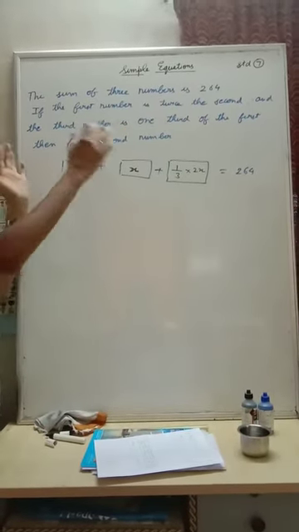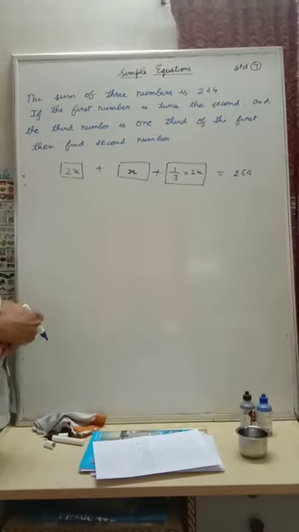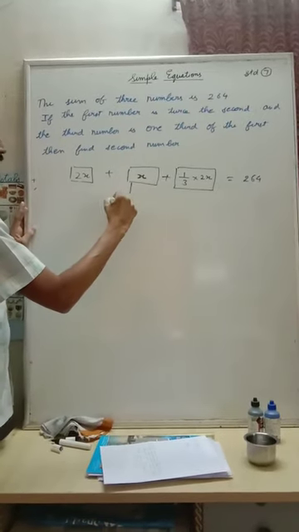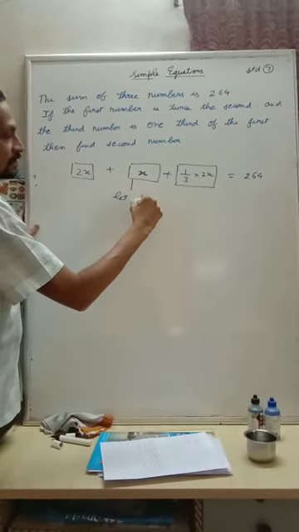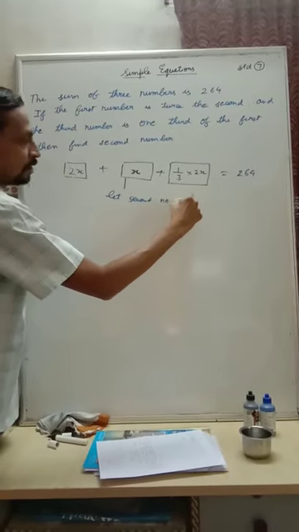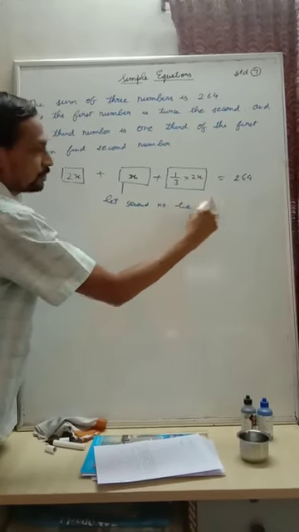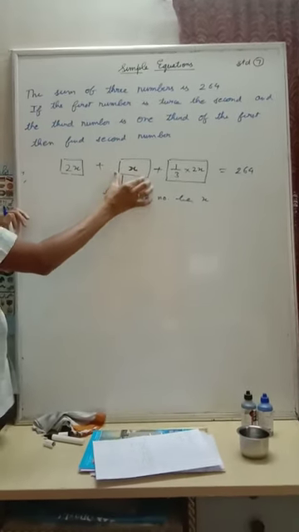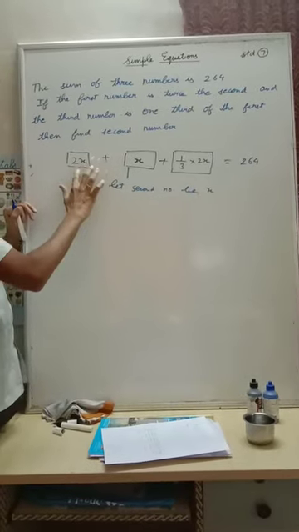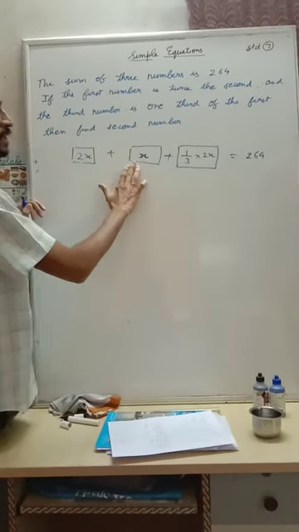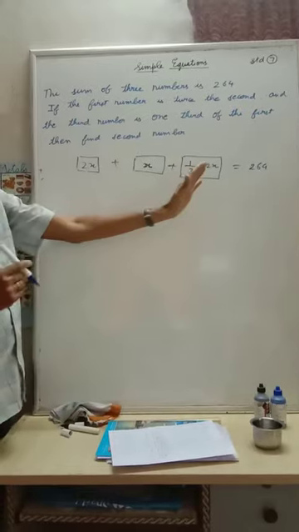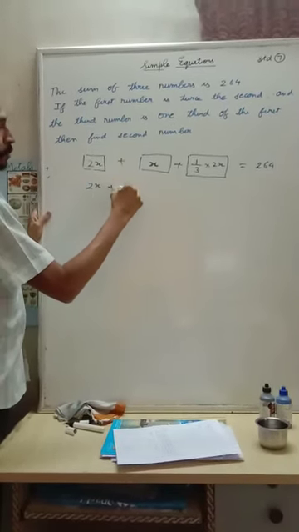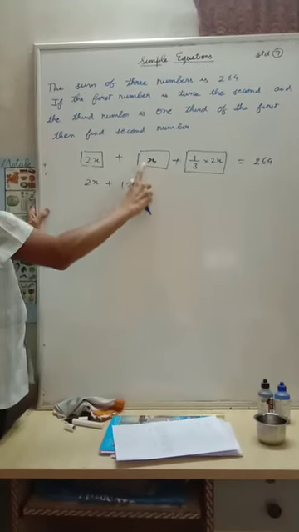But this is how I have explained it to you. In the exam, what you have to do is write in steps. You have to start over here. We will write, let the second number be x. I am rubbing it off, but you will write in the examination in such a way that the second number is x, the first number will be 2x, and the third number will be 1/3 of 2x. But I have written it directly, and let us solve this. So we will continue. This is 2x plus 1x, because nothing is written over here, so it is 1x.